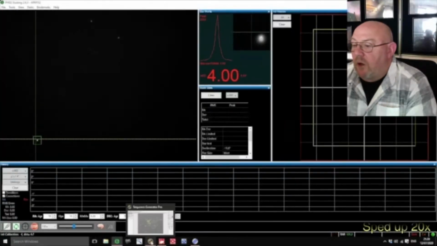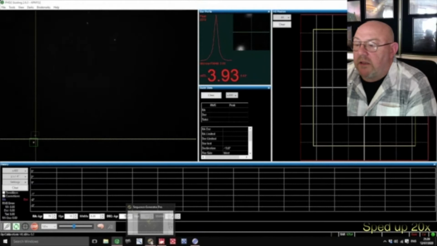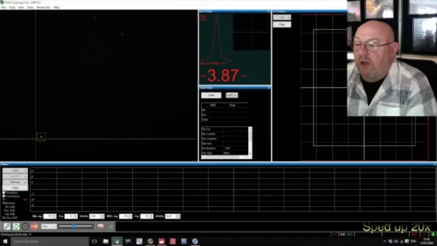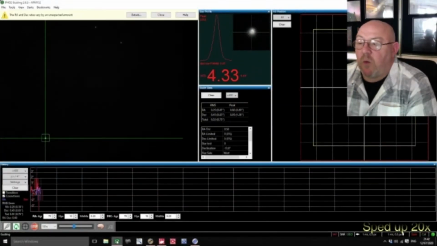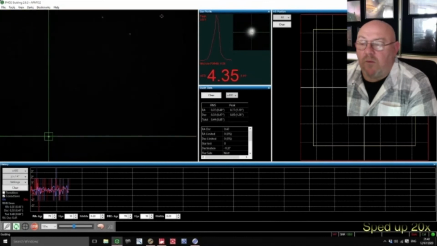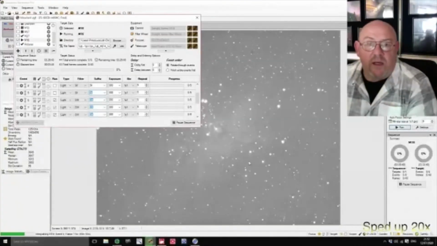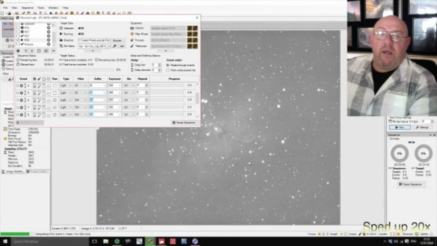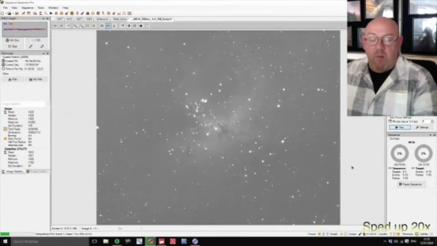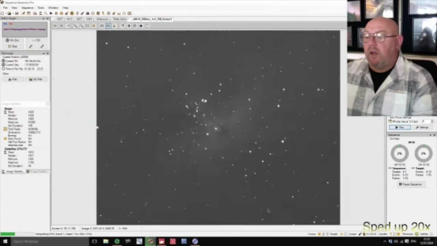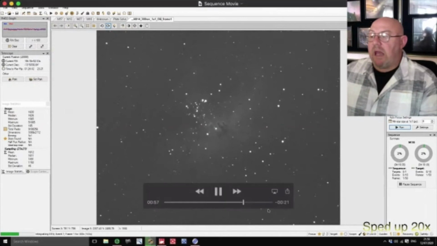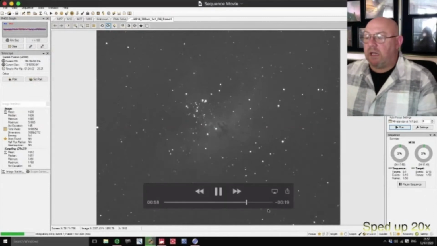Next is setting up the auto guider, and what it does is it goes through a diagnostics routine first of all to double check what angle the camera is working at, and whether the camera is actually set up right, whether the telescope is able to move, etc. And there we have it. Now it's starting to take images.